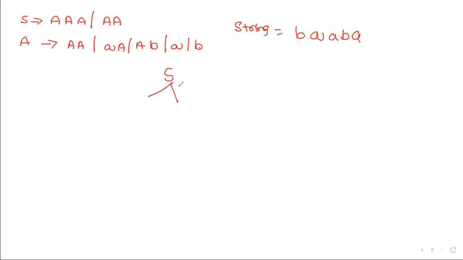Suppose I am considering triple A, A, A. Now, this A is replaced with B. Is there any possibility? Yes. This A is replaced with B. So, this A is replaced with B. Now, this A is replaced with A. Yes, no problem. Suppose in the previous case, instead of triple A, if you are taking double A, then what to do? Again, this A is replaced with these two A's. So, there is no problem. You can use either the first one or the second one, no problem.